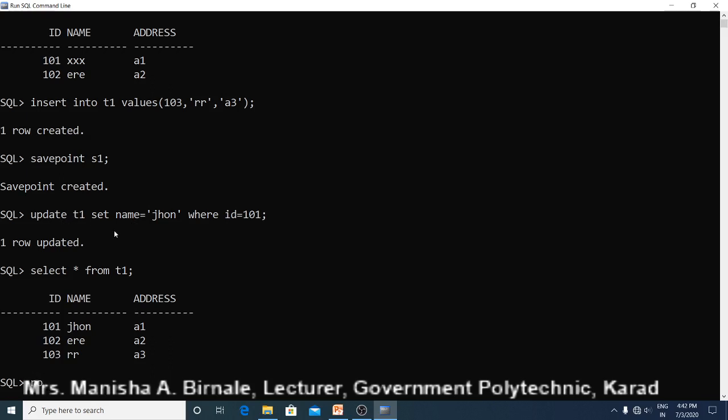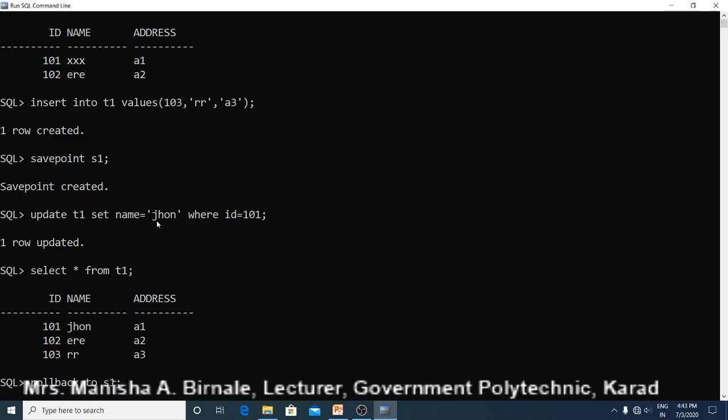Now let us use rollback. Rollback to S1 means we want to roll back our database up to save point S1. So what will happen due to this rollback command? Whatever changes are done in the database after this save point, all those changes are undone. Means this update operation will be undone.